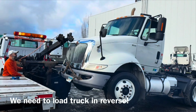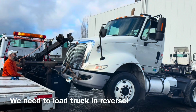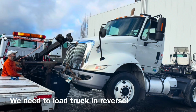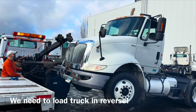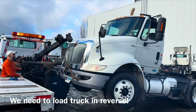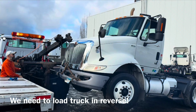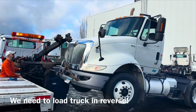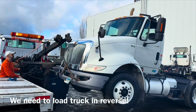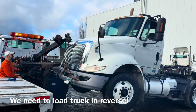Because of my truck's boom reach and because the winches are not able to lift the front nose of this truck too high, I decided it was best to reposition the truck in reverse and lift the drive tires up in the air first. Over and over, I explained to the driver, can you please reposition this truck in reverse? However, because of language barriers and, I guess, confusion, the driver decided to relocate his semi-truck